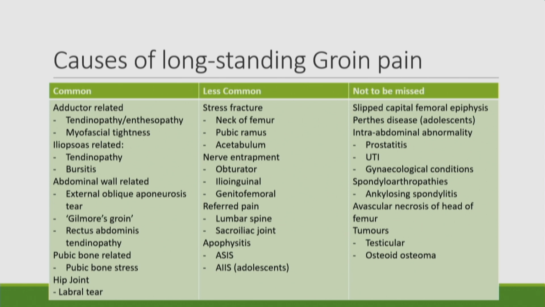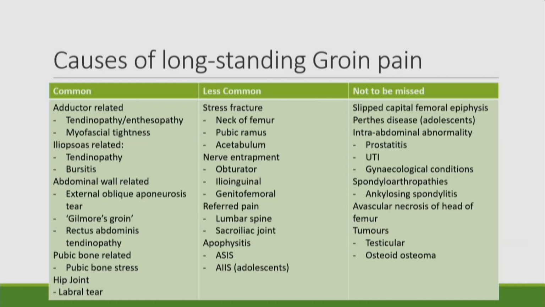So on the left-hand side, the common factors are your tendinopathy type presentations. Myofascial tightness as well, really common. That's the main thing that comes in. We can have iliopsoas related issues as well, and a bursitis as well is not to be ruled out. Abdominal wall conditions are also quite common, involving the different structures around there. Hernias as well. And then we've got pubic bone related issues such as bone stress, and then hip joint related issues like a labral tear. These are all really common. So these are the common things that are going to walk through your clinic door when there's a hip and